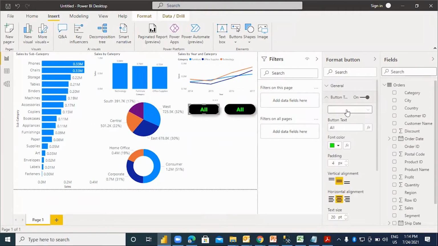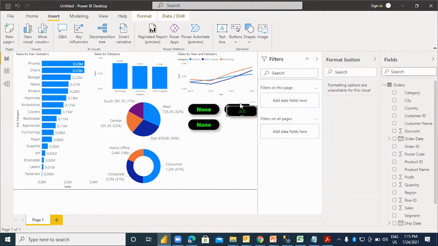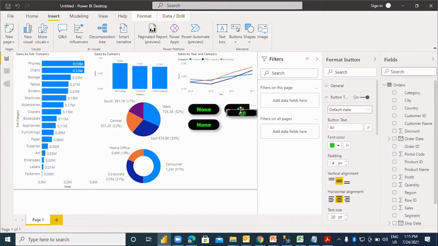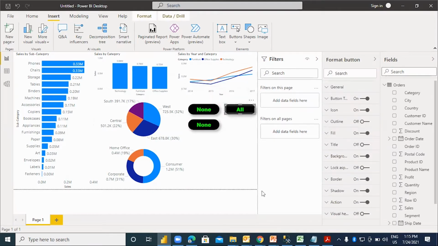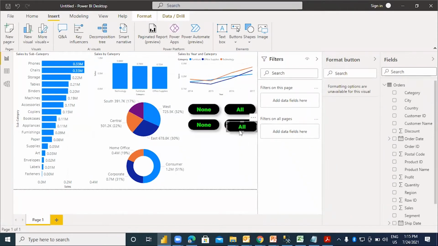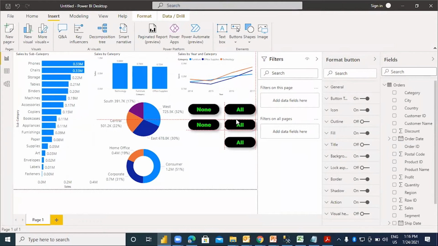Let me put the button text as none. Just to save my efforts, I am creating a copy of it.